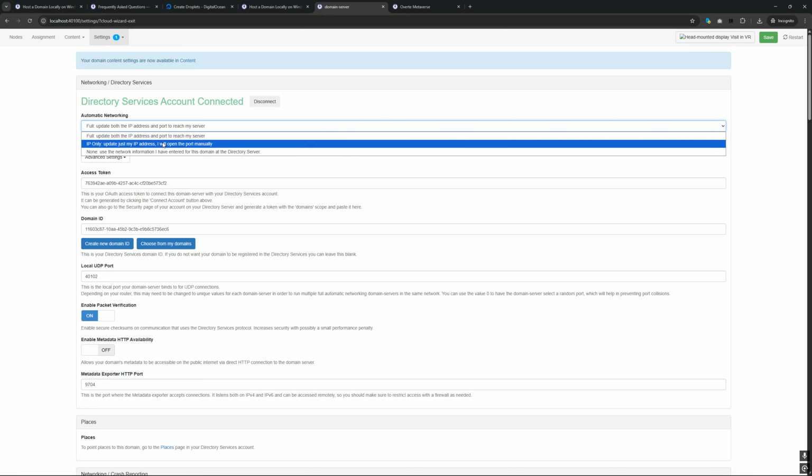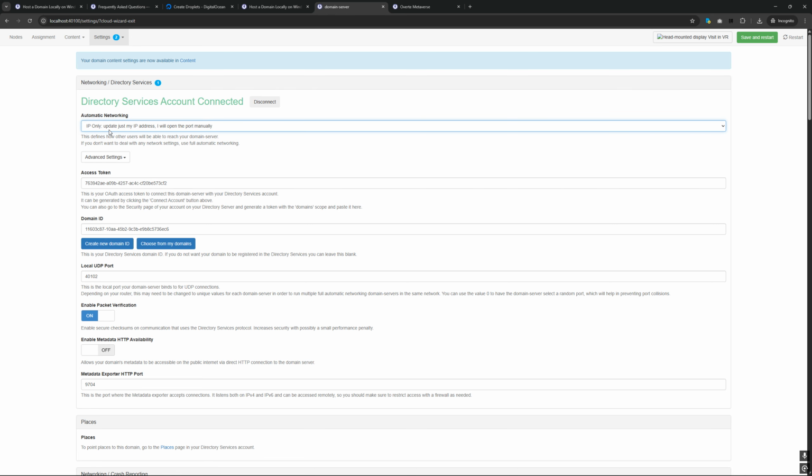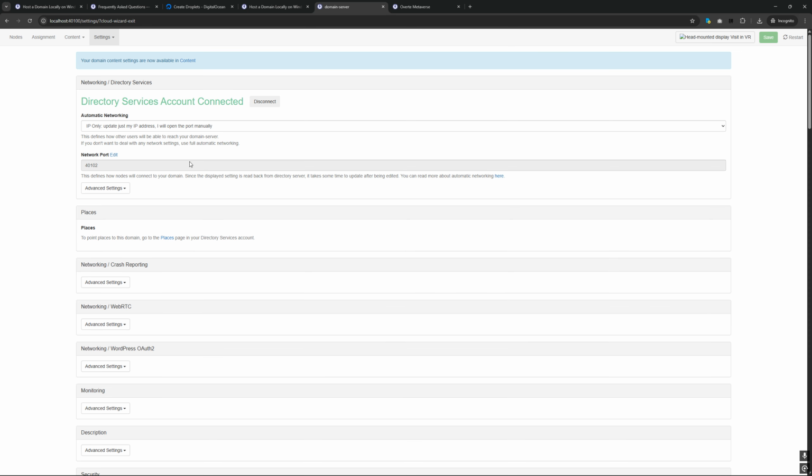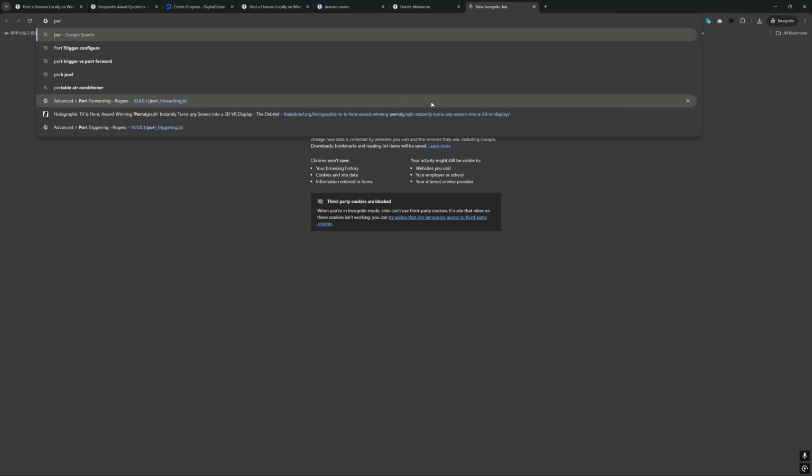So what you really need to do is to use IP only. And I'm going to repeat this when we set up a Linux server. And when you do IP only and restart your server, you are going to see an explicit port. In this case, it's 40102. What you need to do is go to your router settings and set up something called port forwarding,